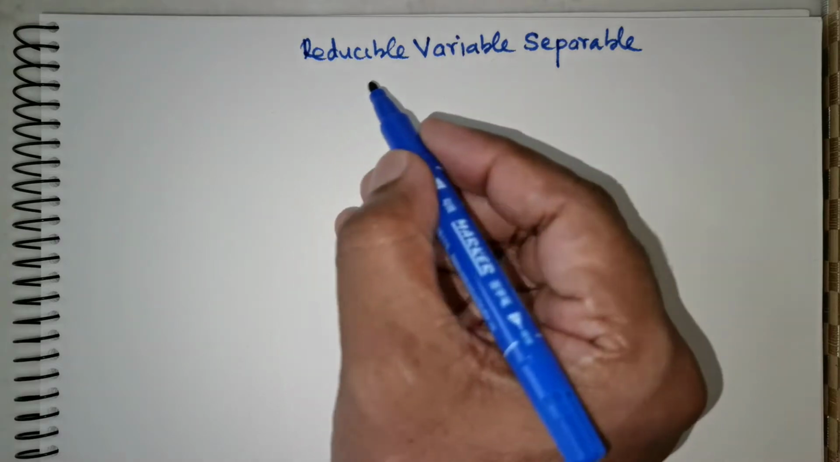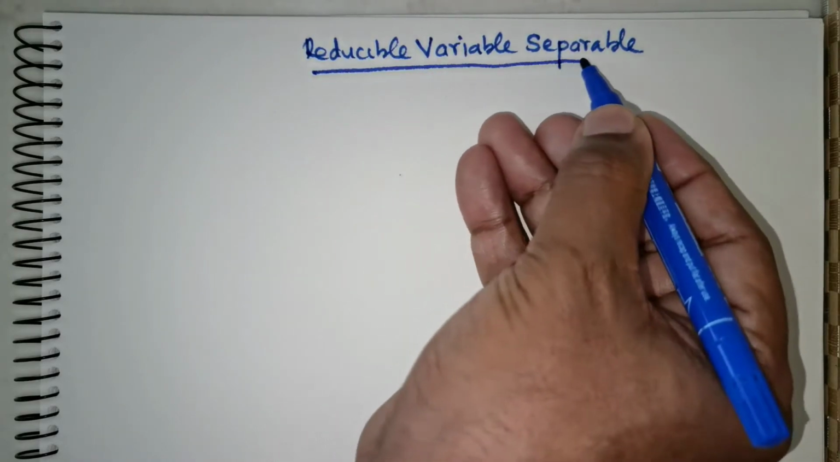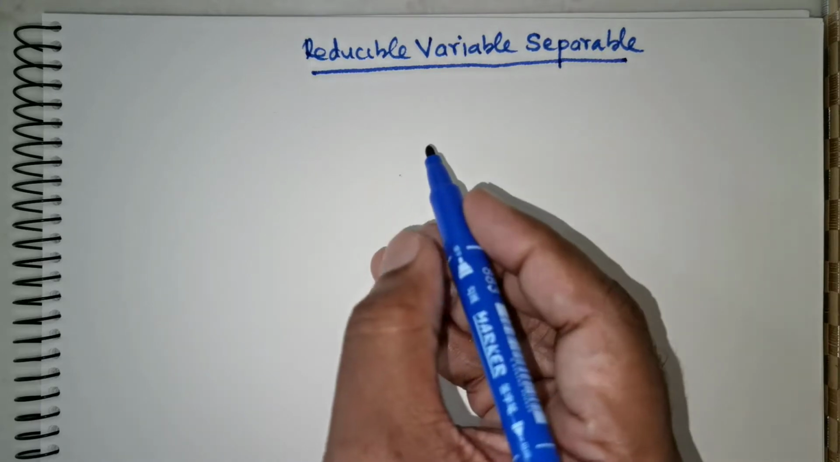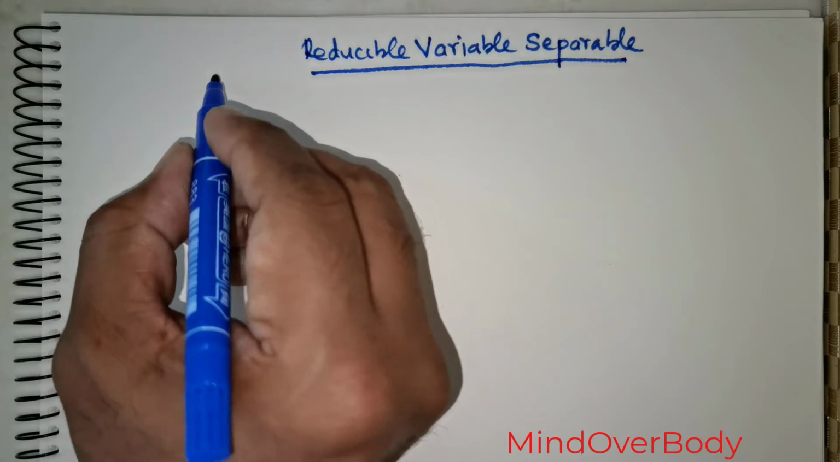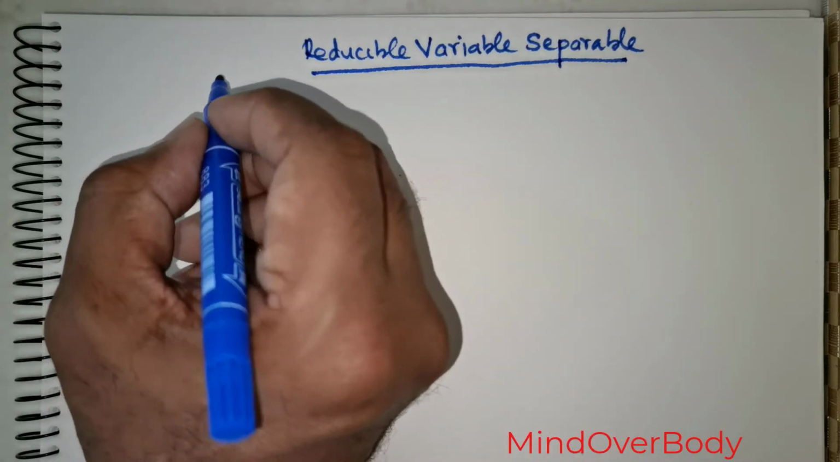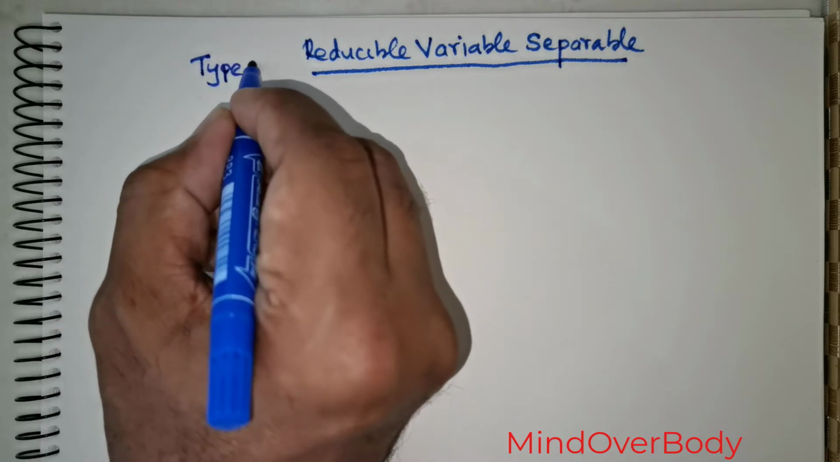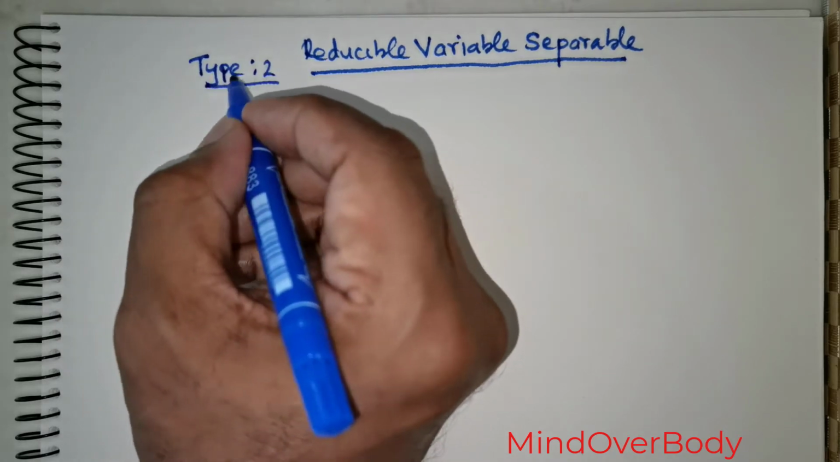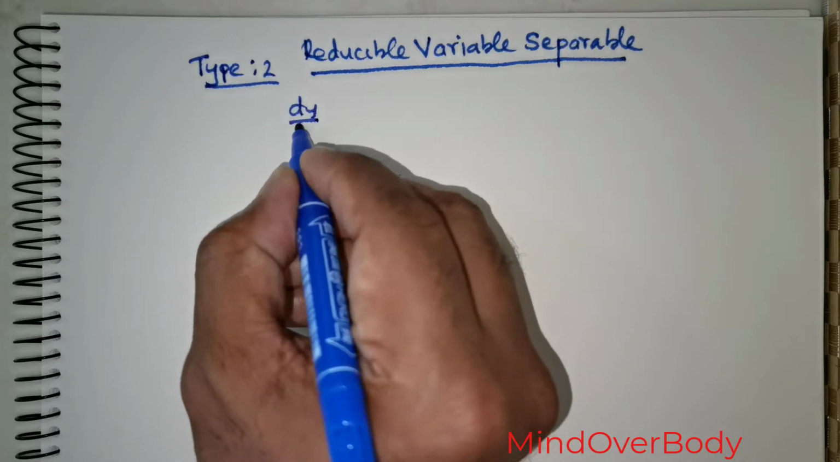Welcome students, in this class we will be learning how to use the technique of reducible variable separable methods. Now if you remember, we have already studied variable separable. They were all straightforward ones. Now this category of variable separable is often denoted as type 2, and the form that we would be looking at here is